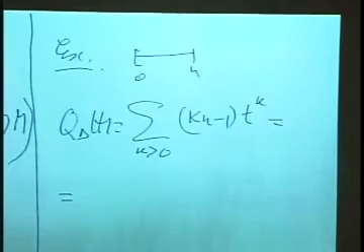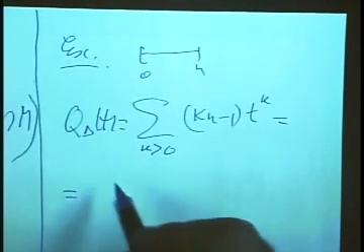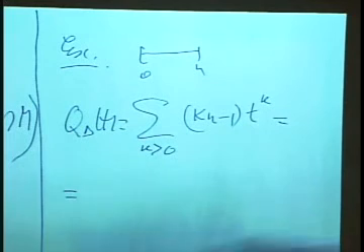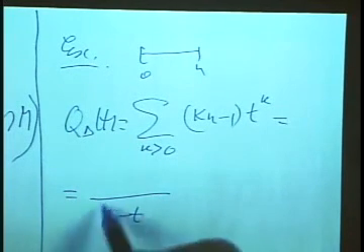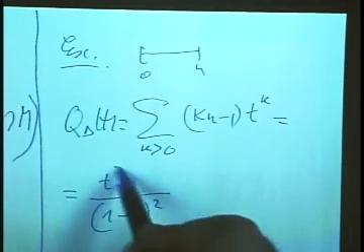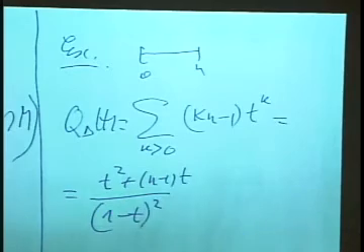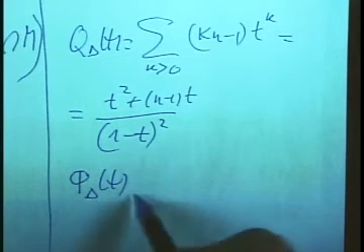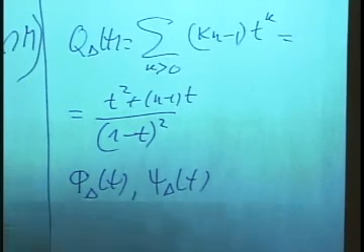But let me tell you the answer, another computation, because it's easy, it's the same. So it will be 1 minus t squared, and here you'll get in the polynomial t squared plus n minus 1 t. So that means the degree of the numerator and denominator will be the same. What is important is, if we compare two polynomials, phi delta of t and psi delta of t, one was first and this was second, just appeared here,